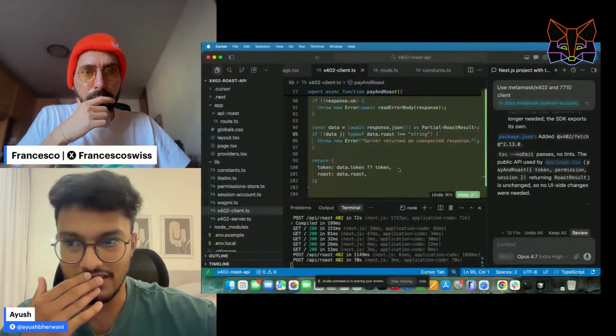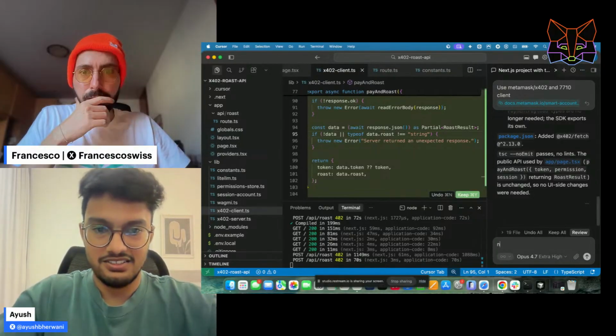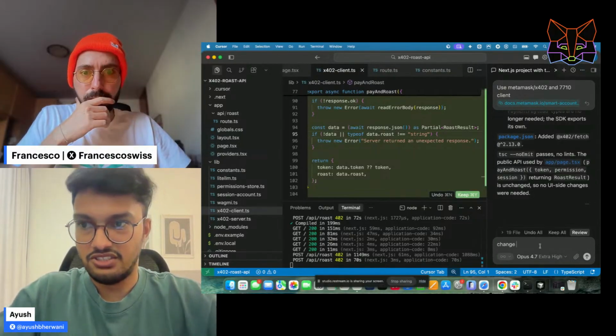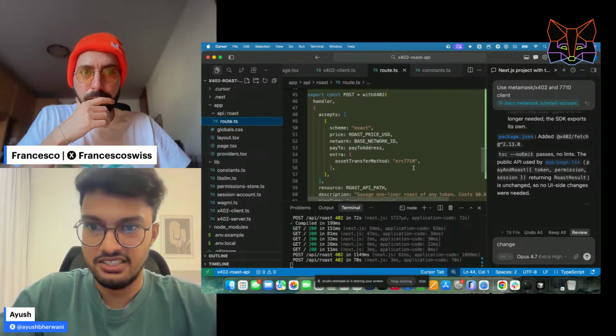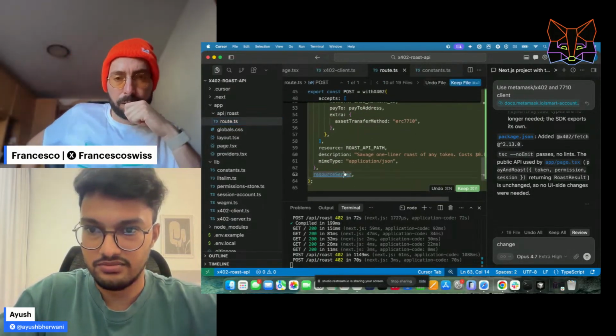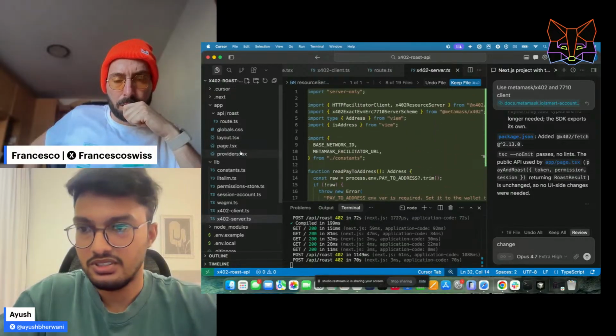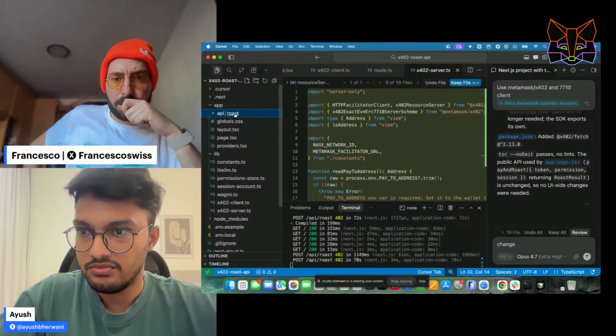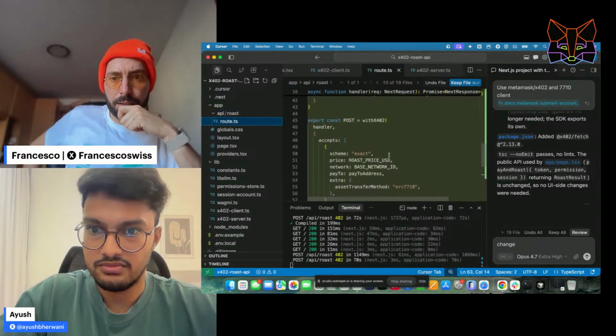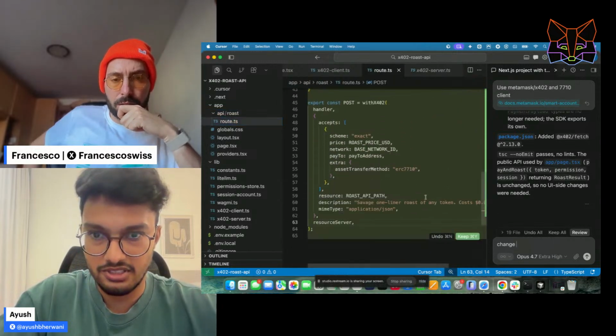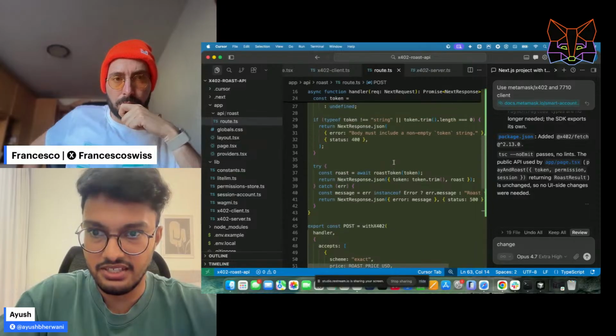For that we can check. Maybe we can just say that the server does not need to send it. Is it recognizing Pepe, like the token itself? It's doing all the other things, but I think it is failing here.